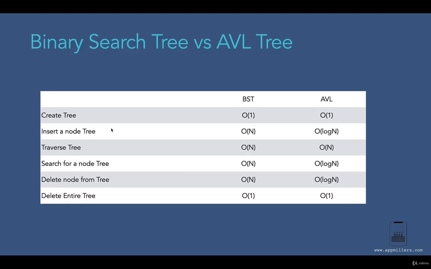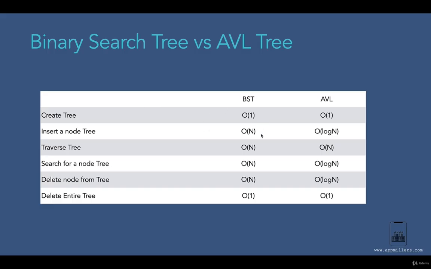Now, whenever we are inserting a node, in the worst case for binary search tree, it might be inserted at the right child or at the left child. In this case, it will take O(n) time complexity because we have to loop through all elements to find the convenient location in the right or left subtree. So that's why it will take O(n) time complexity.